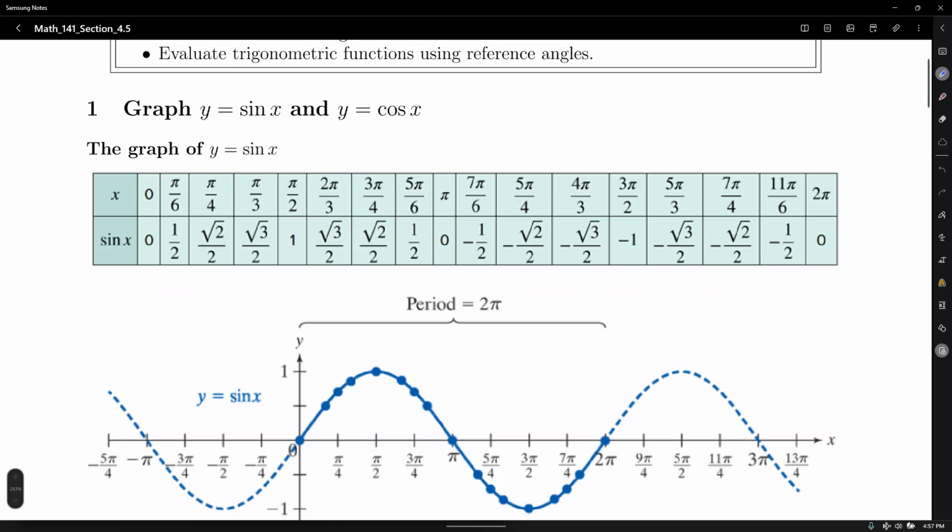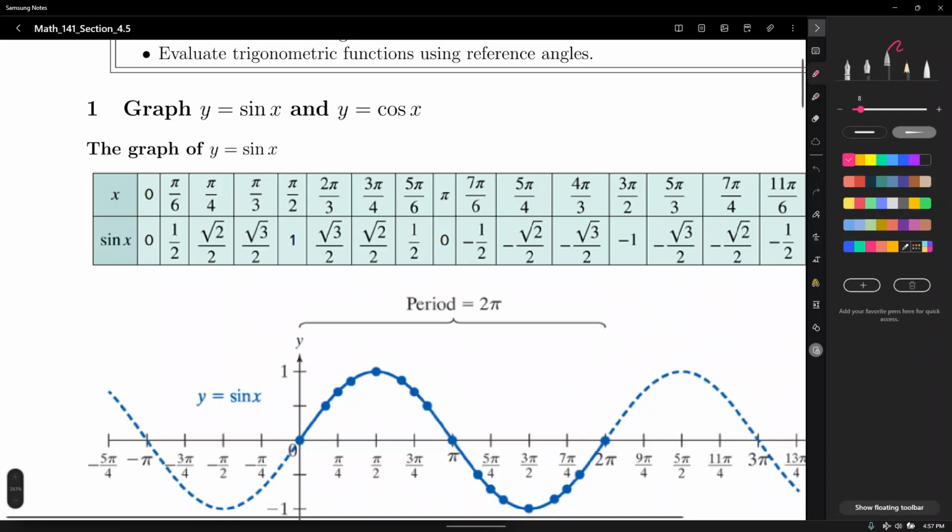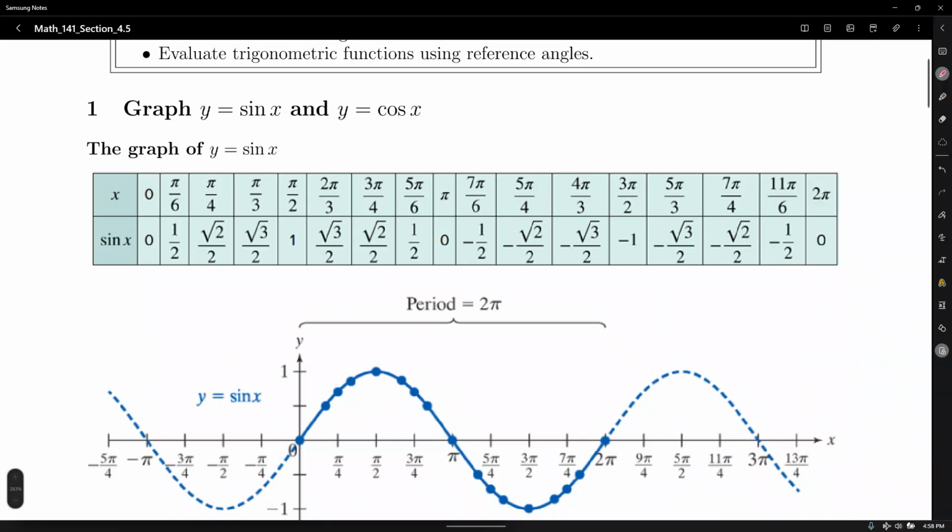Okay, so if we were to plot these points, for instance, let me just do a couple. All right, so the origin, of course, the point 0, 0. The point pi over 4, root of 2 over 2. I'm going to skip a few. And then pi over 2, 1. And then maybe 5 pi over 6, 1 half. But actually, that one is not over here. That must be somewhere here, right there. Right? That's the pi over 6, which is not labeled in our